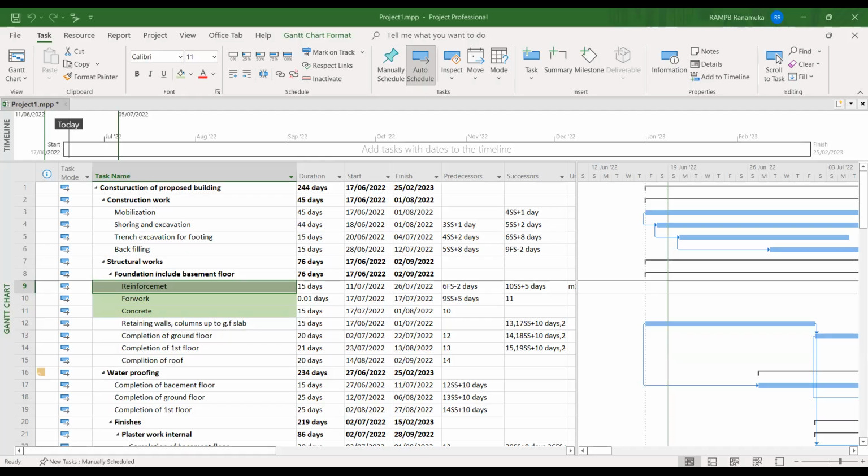Today our main task is, if you prepare a program for structural work, this is the same program. So mobilization, and each and every item, I'll come to this concrete works. The concrete works were based on my BOQ. My quantity is 140 cubic meters. Now what we have to do as a quantity surveyor, we know how to do the material taking off. If you are going to do a resource allocation for a concrete,